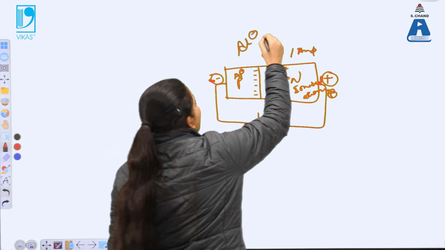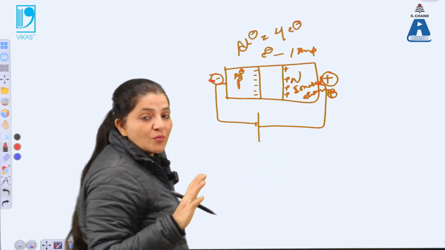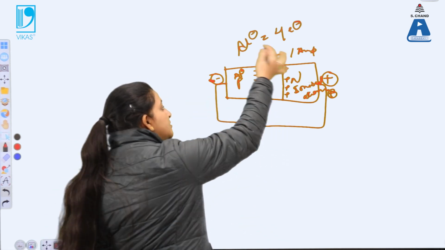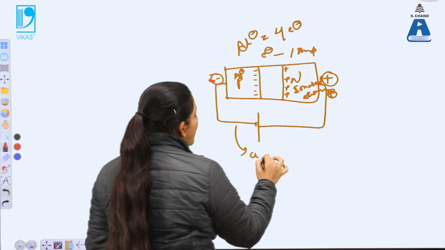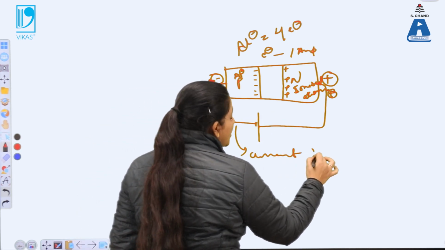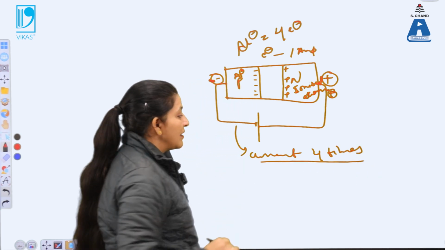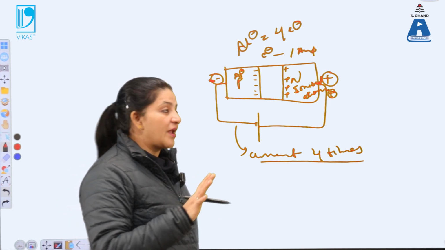So the aluminium negative ion must have 4 electrons in its valence shell. So automatically the current will be enhanced 4 times. At this voltage, when the breakdown occurs, the current is enhanced 4 times, or you can say 4 times the normal value. Such a condition is known as a breakdown condition.